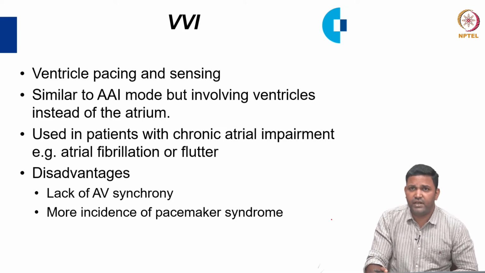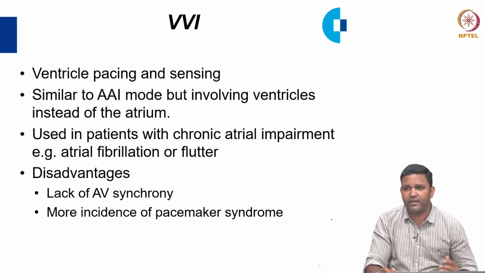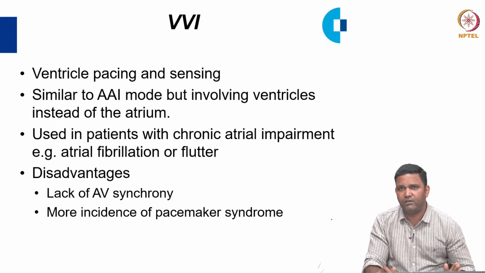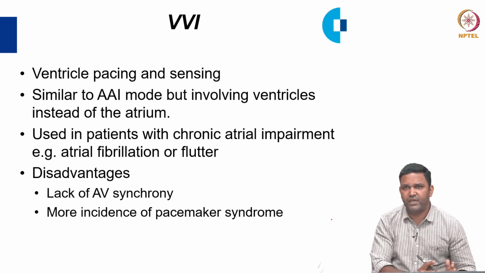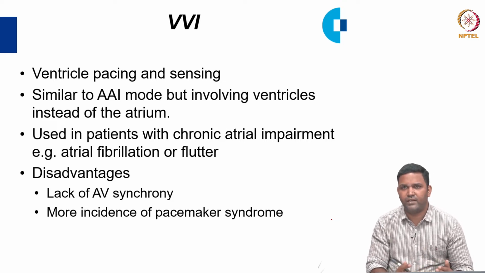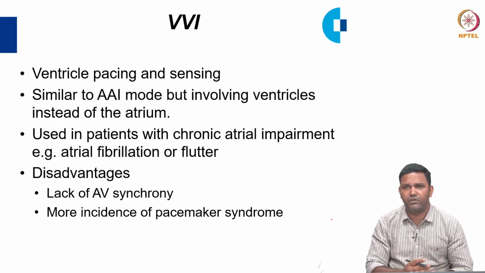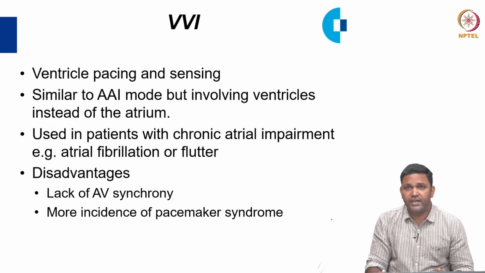The main disadvantage is that it lacks AV synchrony. The atrium will beat on its own, and the ventricle will be pacing on its own, so there is no coordination between the P wave and the QRS complex. It is almost like a complete heart block, but the ventricular rate will be increased. The incidence of pacemaker syndrome is higher with VVI, but still VVI is currently used because of the cost factor,